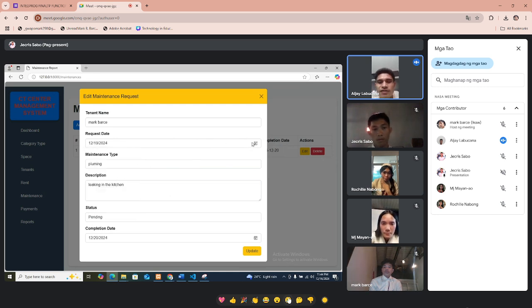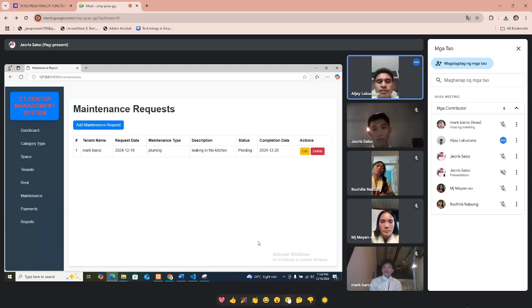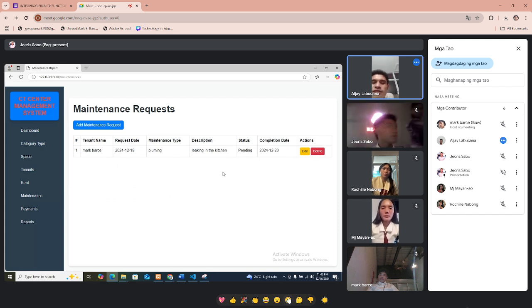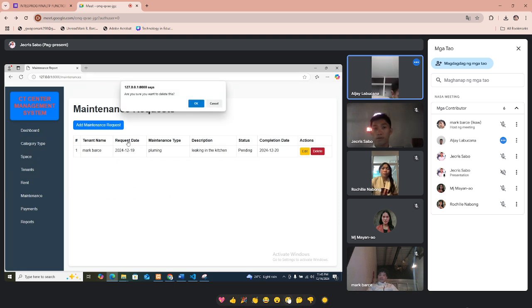Then click update. So as we can see, there are changes. So if you want to delete, just click the delete. Then click OK.